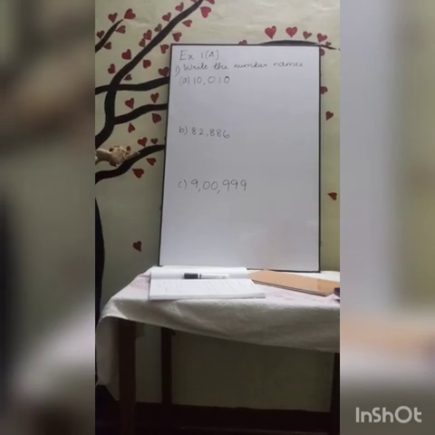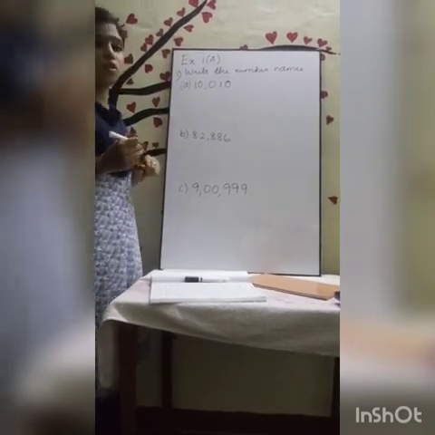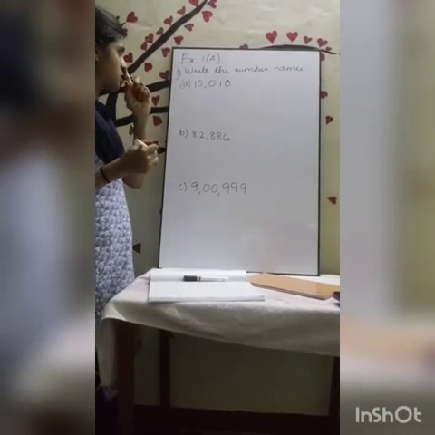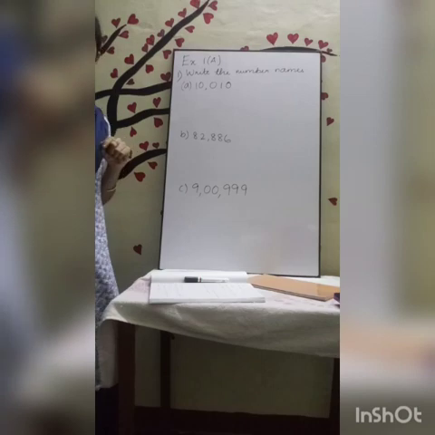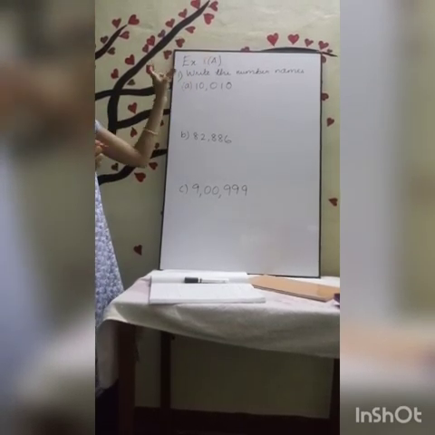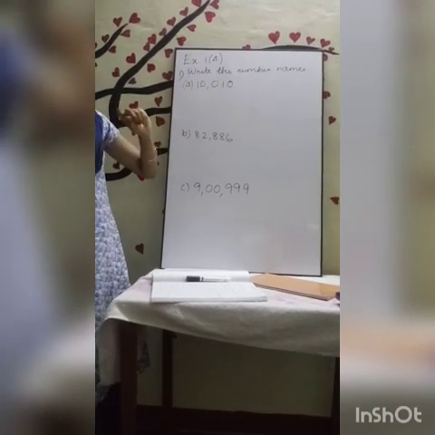These are the problems from exercise 1A. Okay, you have to write this in your fair notes. First problem is to write the number names. The same thing you have to write: exercise 1A. Then below that you should write the first row letter. Write the number names like that.